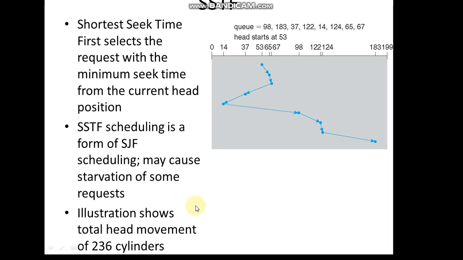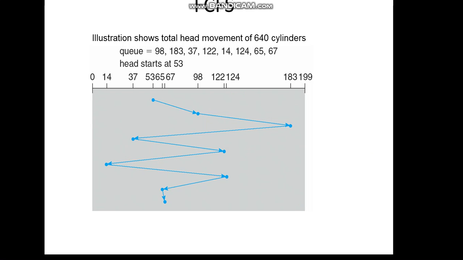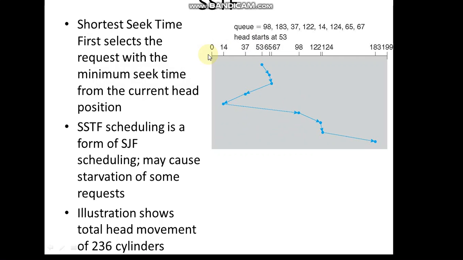If you compare this, because we considered the same example we took for FCFS, in the previous example we got the total number of head movements as 640 cylinders. It has been greatly reduced in SSTF, to 236 cylinders.